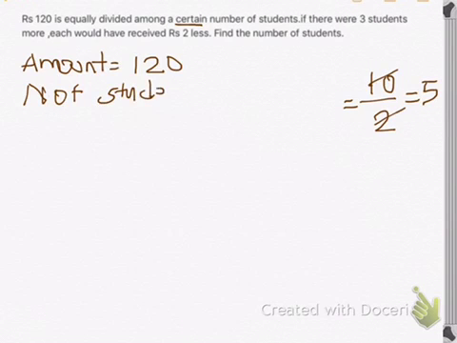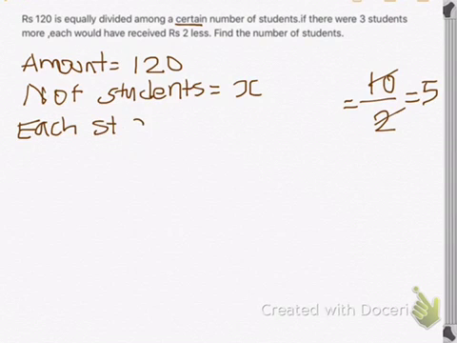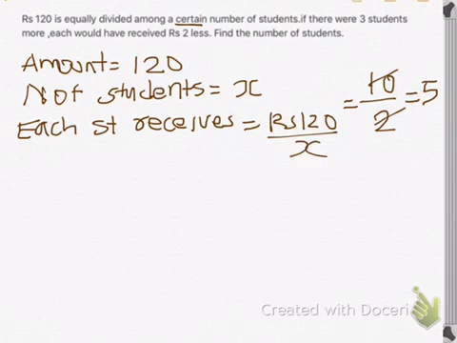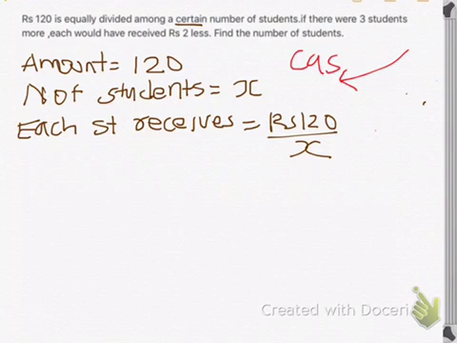to be X. So each student would receive rupees 120 divided by X. Let me make this case 1. And in the second case, if there were 3 students more, means